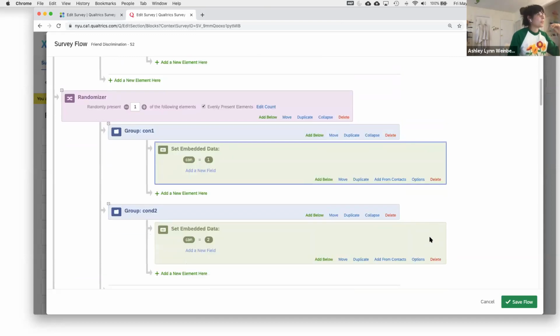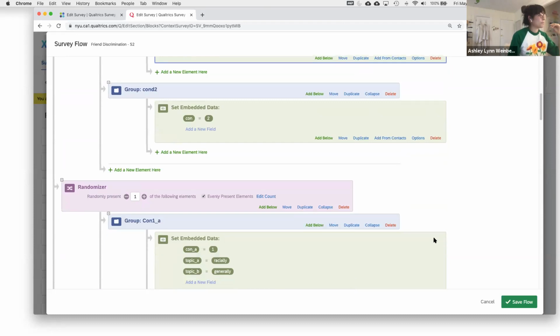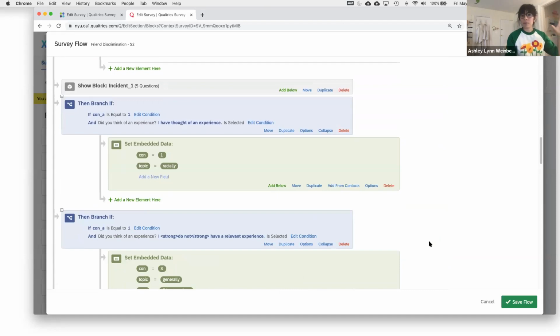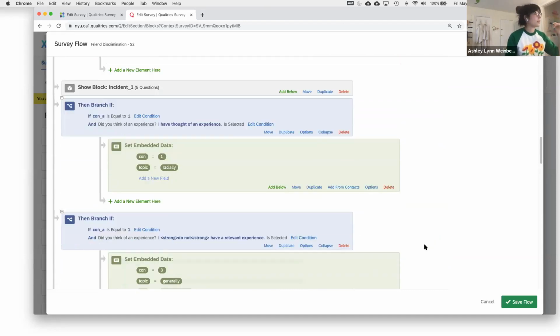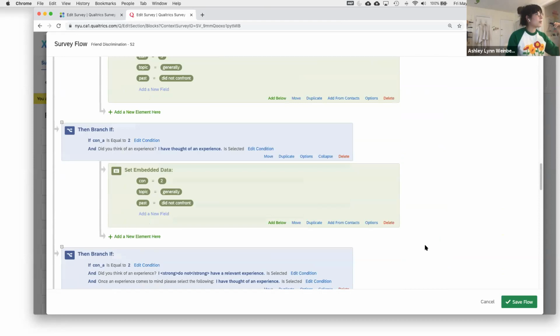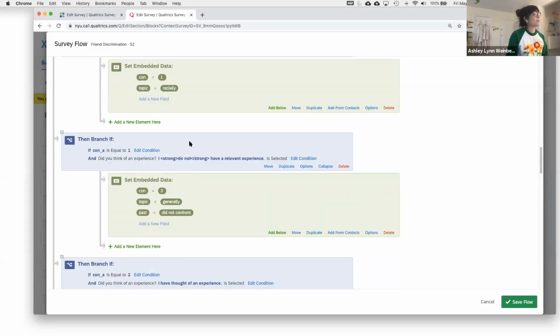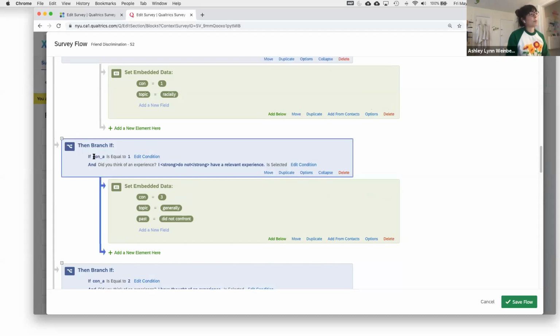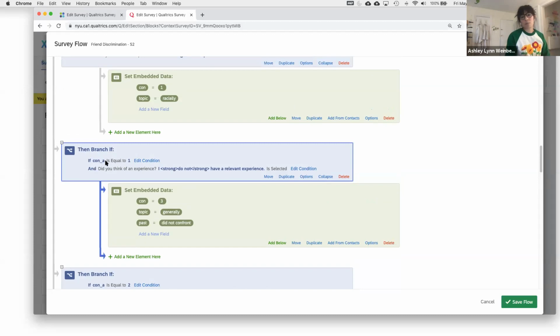But okay, cool. So going on from there, another thing that we'll do a lot is we'll mess around with the order that things are presented in. And so this means that we'll use an if-then statement. So for example, I have a lot of them here. And what this says is if a participant has this variable, which is something that I assigned them, if it's equal to 1, and in this case, I was saying if they were assigned to condition 1